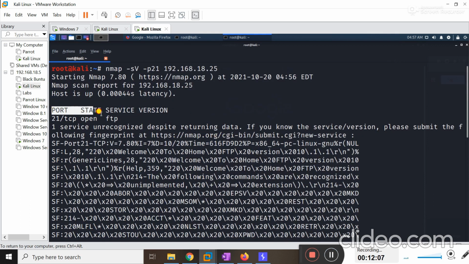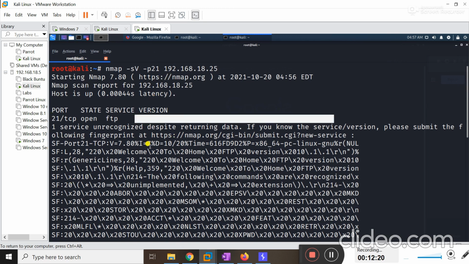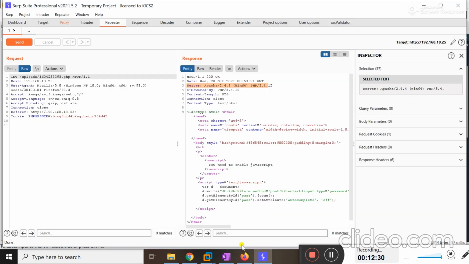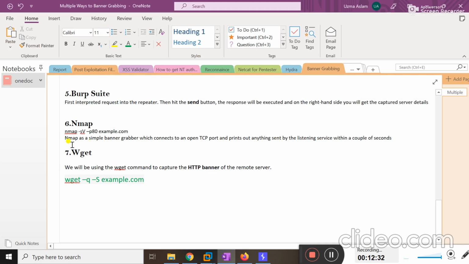Now it displays that port 21 of the target machine is open and the service running on that port is FTP. Right now it does not display a version. I think anonymous login is not allowed on the target machine, so the version is not shown to me. But in this way you can use Nmap with the -sV switch in order to grab the banner of any specific port. Okay, let's move to the next one, that is wget.